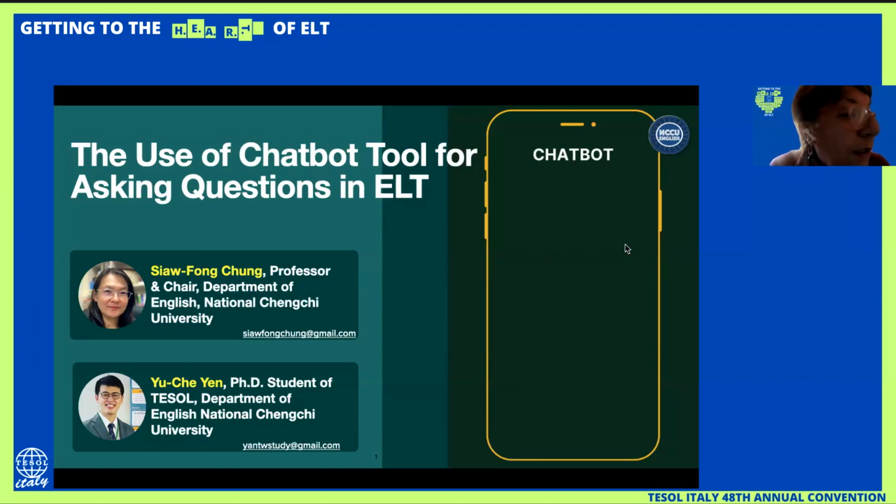He is currently working on how to support Taiwanese English learners, both online and offline, in enhancing their English writing abilities. He is collaborating with Professor Chung, who unfortunately couldn't be present today, who is a chairperson in the Department of English at the National Cheng Chi University in Taiwan.